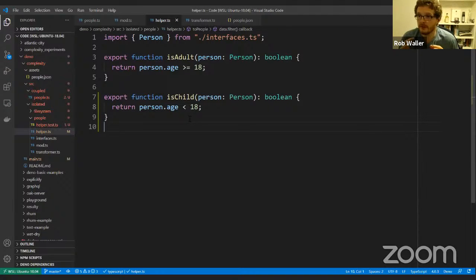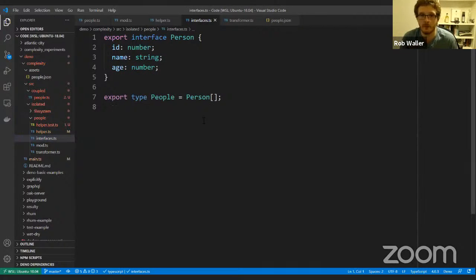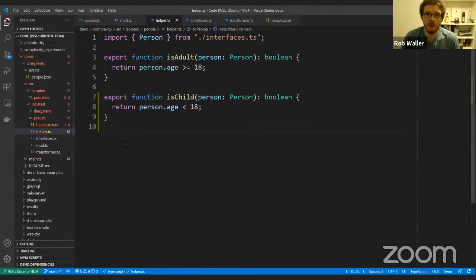And this is a significant benefit to us because we've basically abstracted this code entirely, and we've used some interfaces to do that, right? So we've given our code a bit more structure. So we now have this concept of a person, and we have a collection of persons, which is a type of people, right?